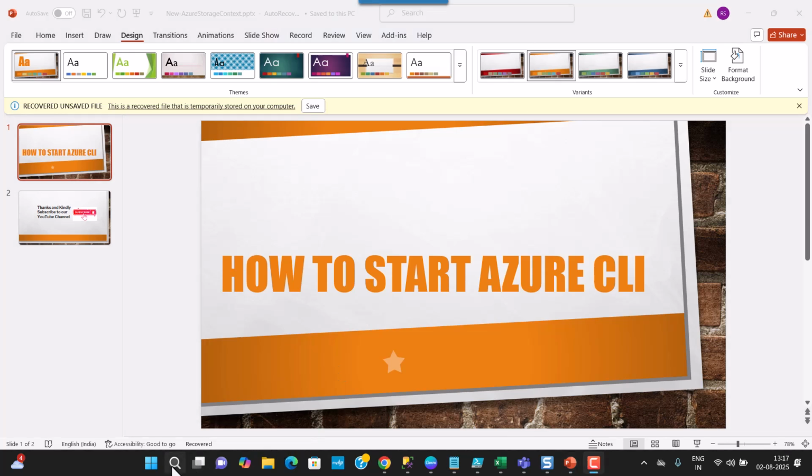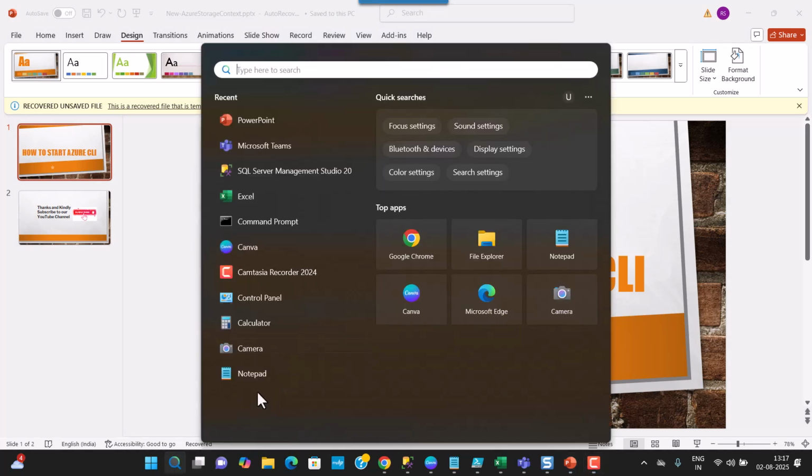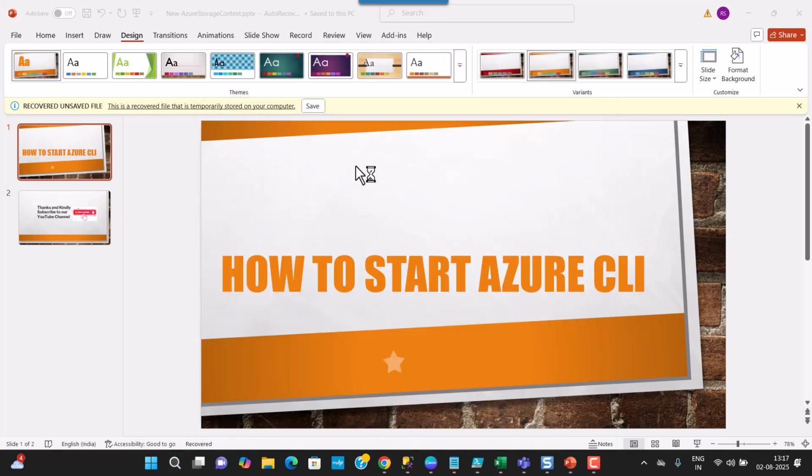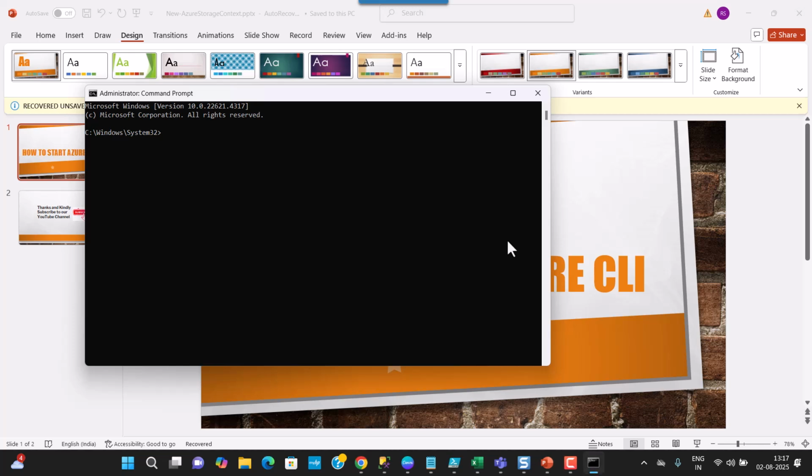So the first thing you can do is open the command prompt. If you type CMD, you will be able to see the command prompt. Right click on that, say run as administrator, and click on the Yes button. It will open this. What you need to do here is type az login